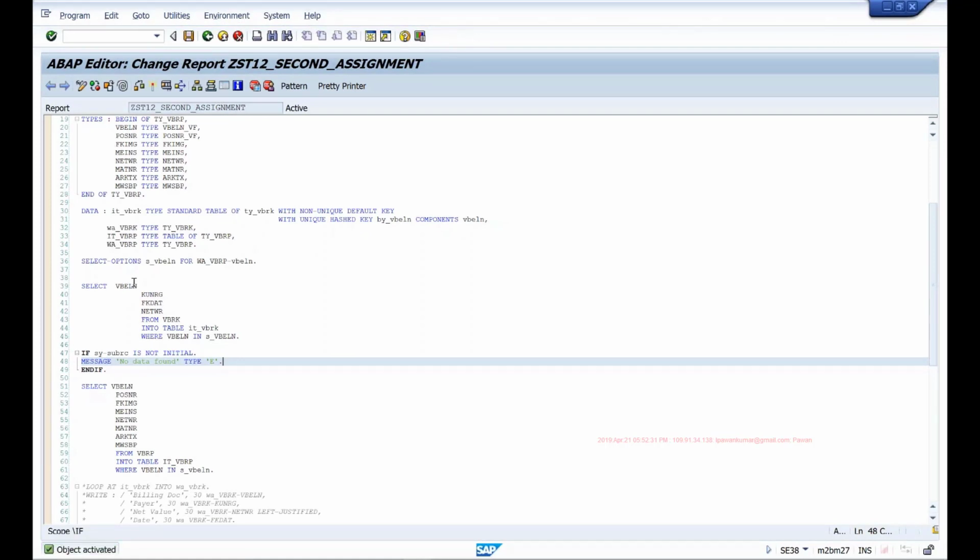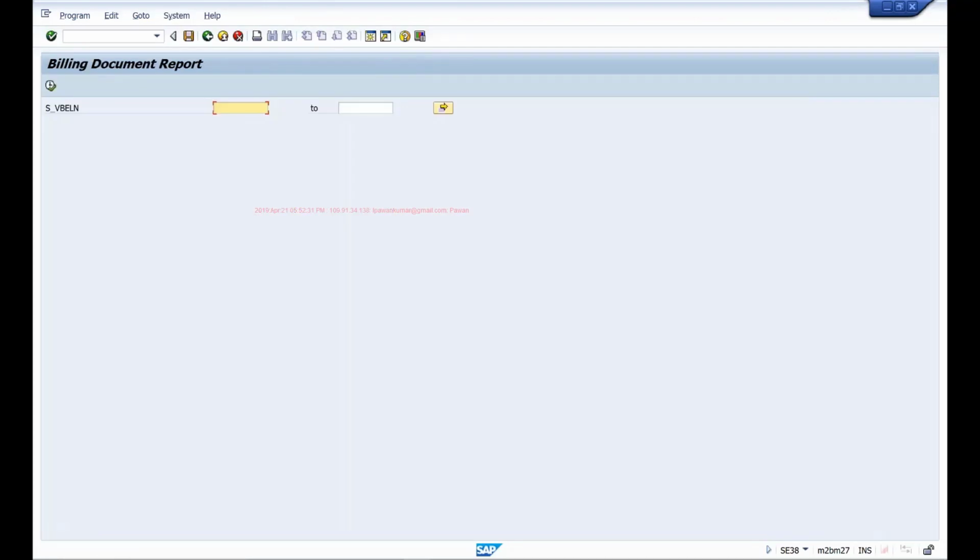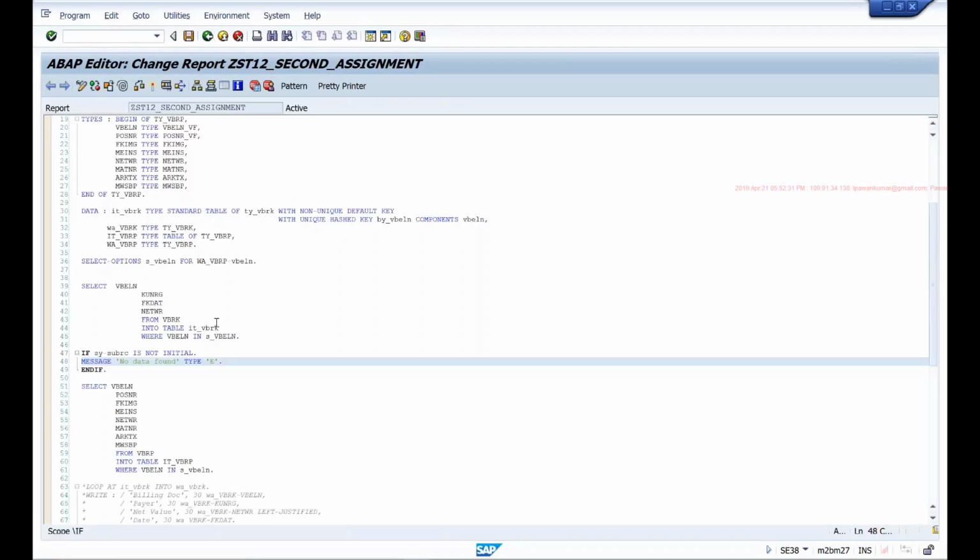Whenever we are dealing with the selection screen and want to show some messages, we have to use selection screen events so that the message is formatted correctly, but I won't use it because we haven't discussed it. In the next sessions we'll be discussing it, and at that time we'll make it good. Right now, let me give some invalid documents, so I'll ask it to process documents that shouldn't exist. And when I execute, it is giving me this error message. But if you see, the selection screen has disappeared and the user cannot input anything. It's not the right way.